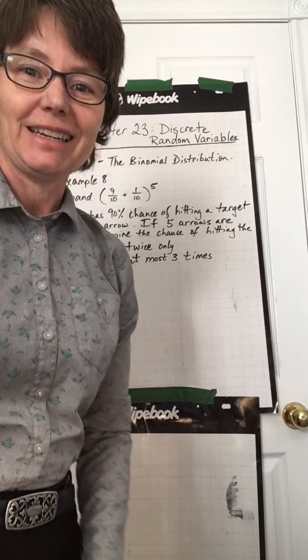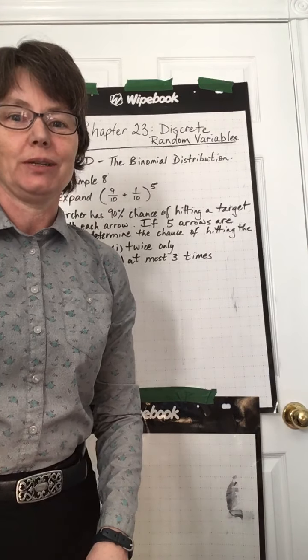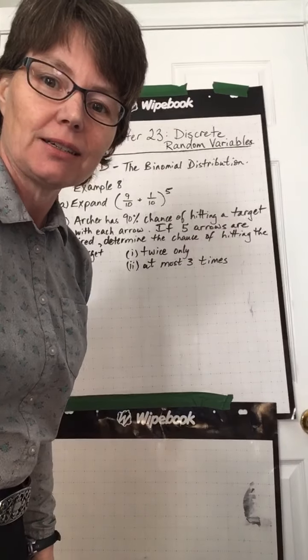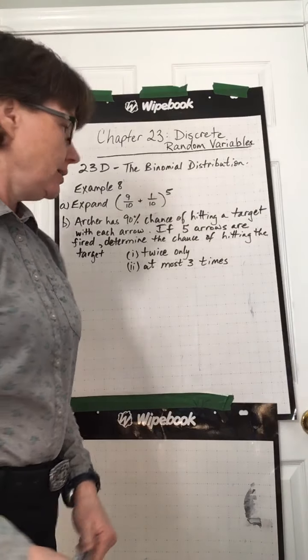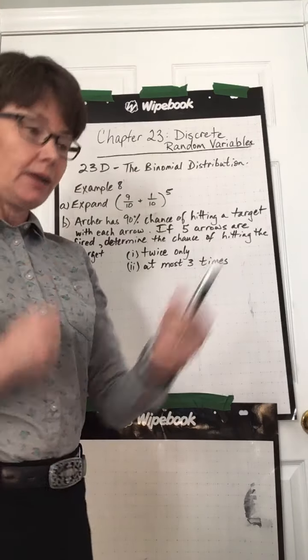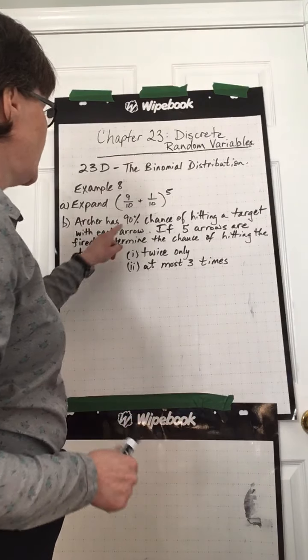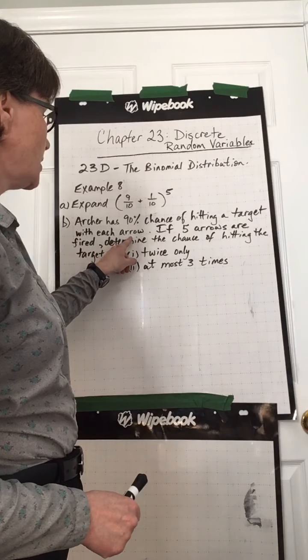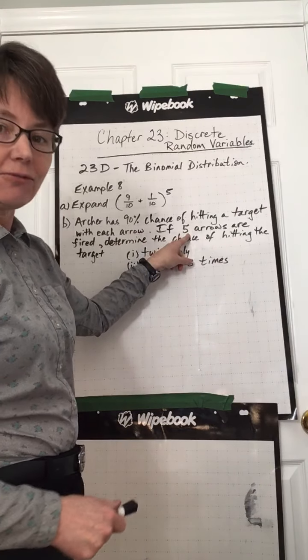Hi guys, we're looking at example 8 from section 23D, binomial distribution. This example takes a look at an archer that's shooting a bow and an arrow. The archer has a 90% chance of hitting a target every time they shoot the arrow, and they're shooting 5